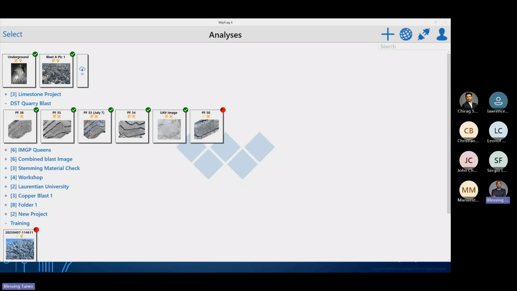Feel free to reach out to me if you need more clarification, or if you want me to send you a video where I clearly explain how to set up a lighting system for image analysis in an underground mine. If you are considering the WebFrag software, that is the software you can have on your mobile phone or your PC, and you may want to ask questions on how to use this software underground.